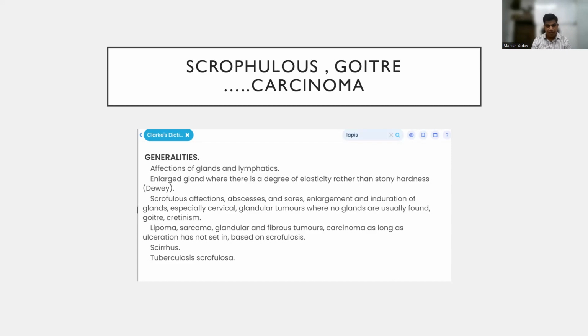Scrofulous affection, abscess and sores, enlargement and induration of glands, especially cervical. Glandular tumors where no glands are usually found. See this, glandular tumors where no glands are usually found. If there are certain areas where glands are not there, but there is a tumor formation, you can think of LAPIS ALBA. Goiter, cretinism,